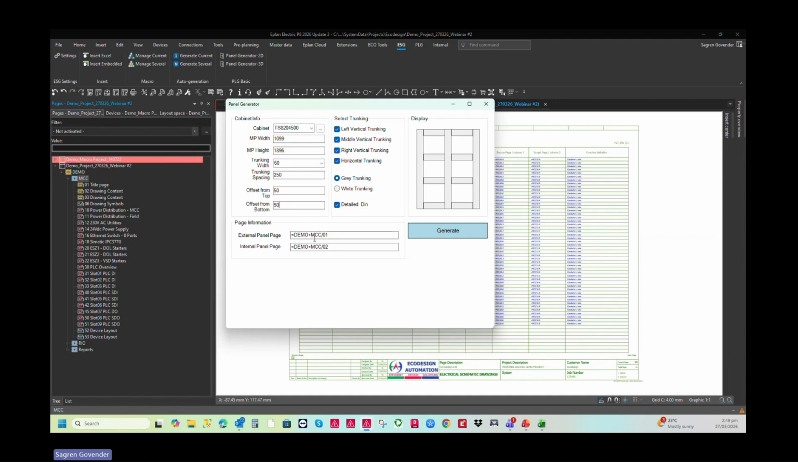And where do I want to generate the external panel layout? I want to generate the external panel layout into page 101. And I want to generate the internal panel layout into 102. So let's make that 102. So this is the page. And here I can determine which trunking I want. Do I want a left or I don't want a left? Do I want a middle trunking? I can select that or deselect it, and the horizontal trunking. Do I want gray trunking or white trunking? I like gray. And once I've got all my settings done, within a couple of seconds, I can now generate